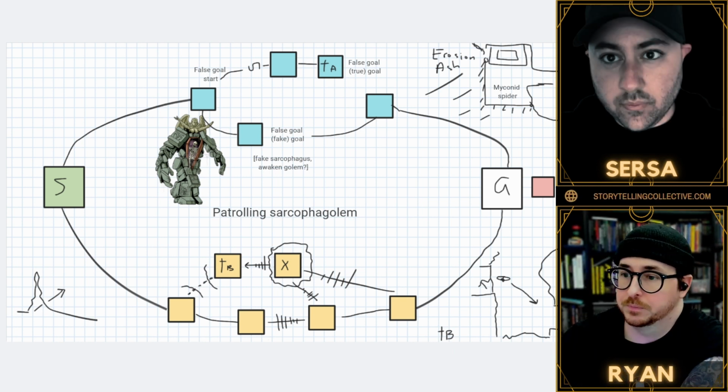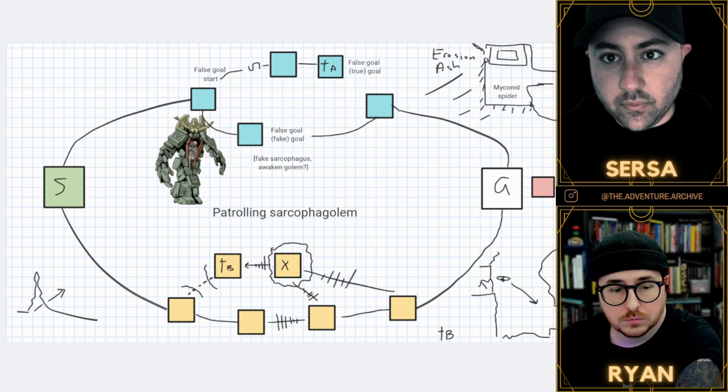So what have we done here? We've basically created the high level flow chart of our dungeon. And what I usually like to do, and there's an example of this in the PDF, is talk it out as if it were a story, like a narrative, because that can